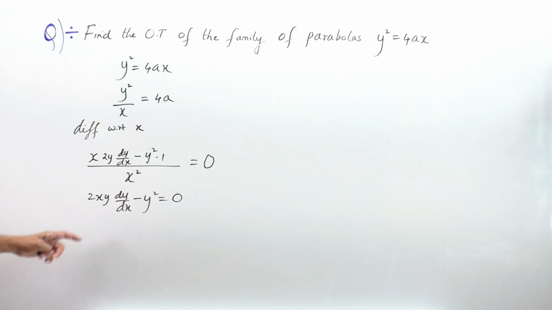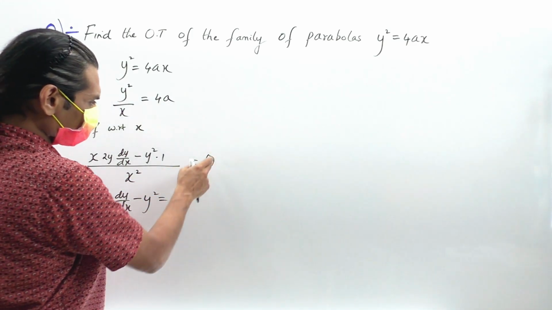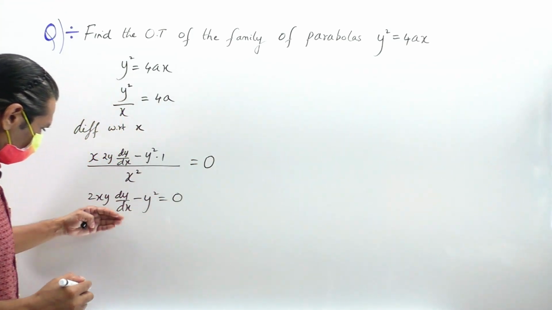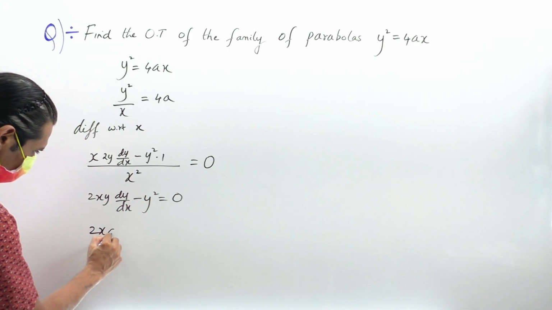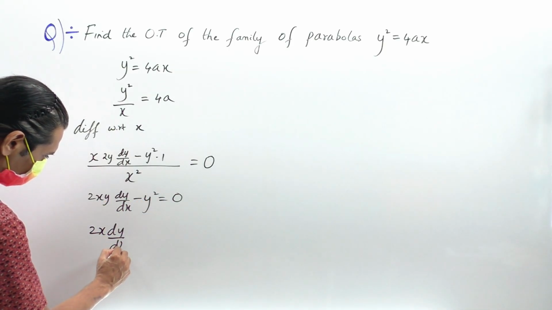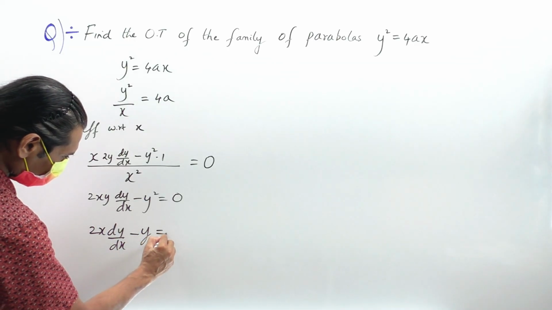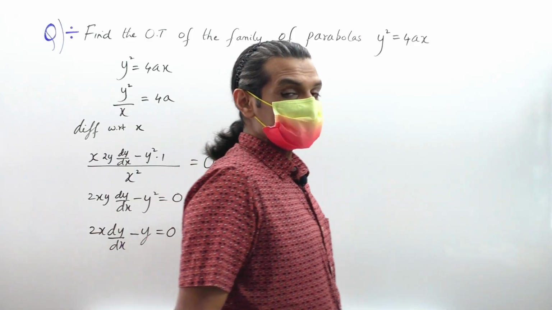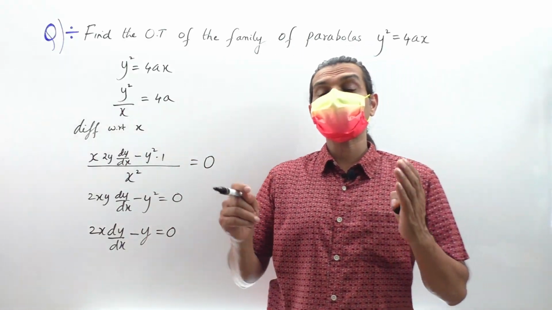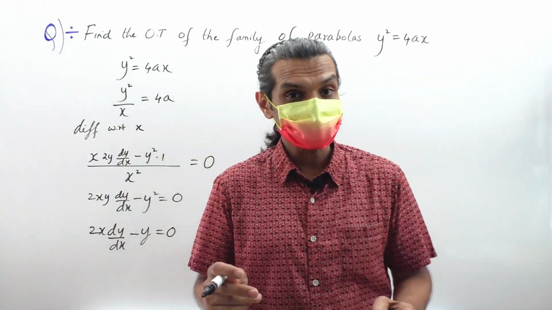Again we see here this x square goes to the side to become 0. Am I right? Now again see y is common, so I can eliminate y here. We have 2x dy by dx minus y equals 0. Now the main heart of the problem of solving the orthogonal trajectory for a family of Cartesian curves is only